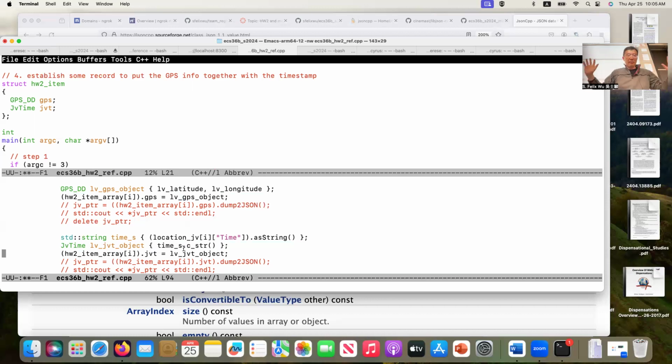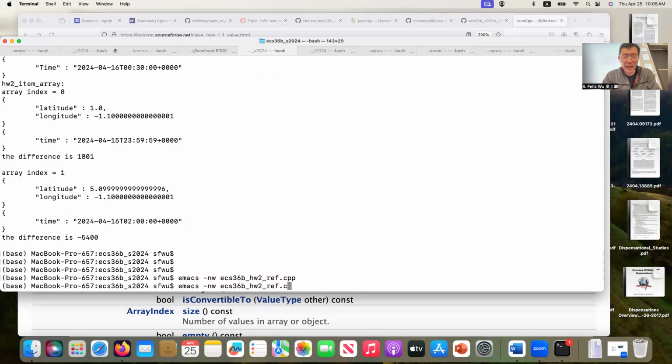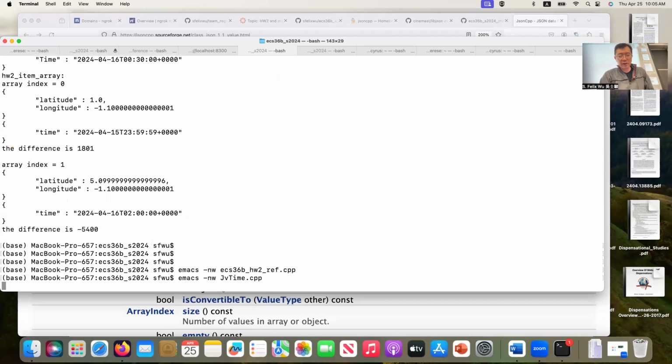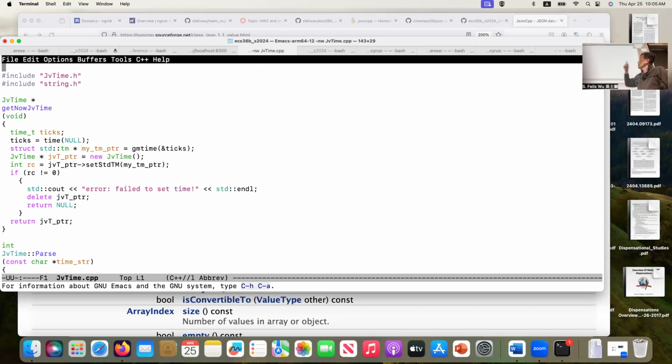I admit that's my design. I screwed it up, sorry. But I want to show you what I did. I don't know why I did that, but probably because I'm more of a C programmer than a C++ programmer, so I always use C string a lot. So look at the